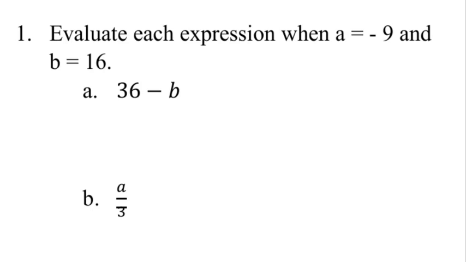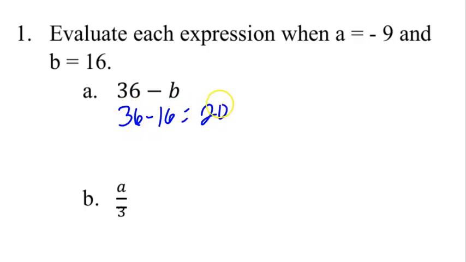Chapter 2 study guide. This is reviewing our Chapter 2 on expressions and equations. So question 1, evaluate each expression when a equals -9 and b equals 16. So letter A says 36 minus b. So we're going to substitute 16 in for b, and we have 36 minus 16, and that's going to give